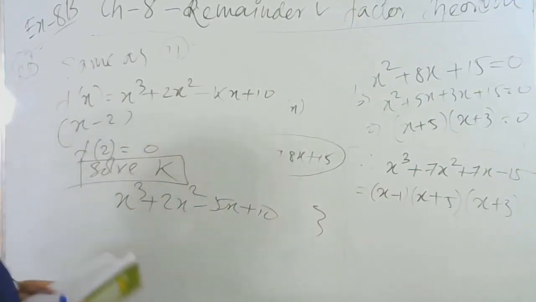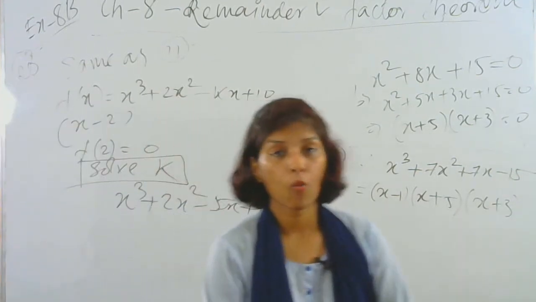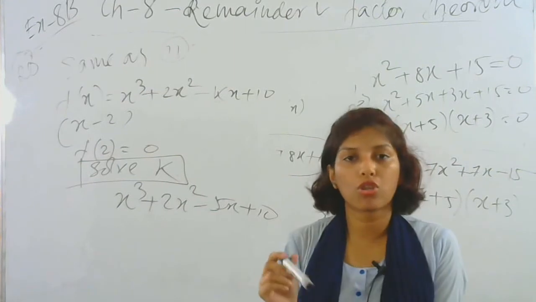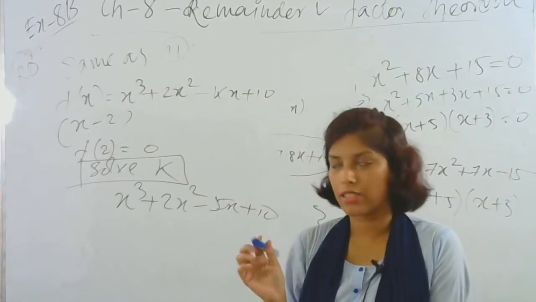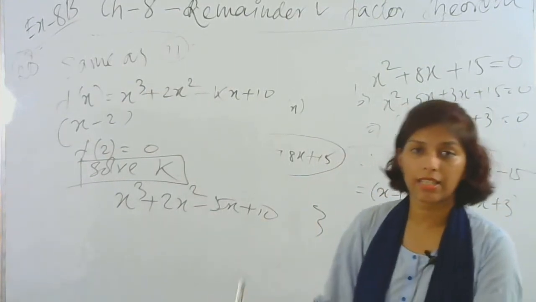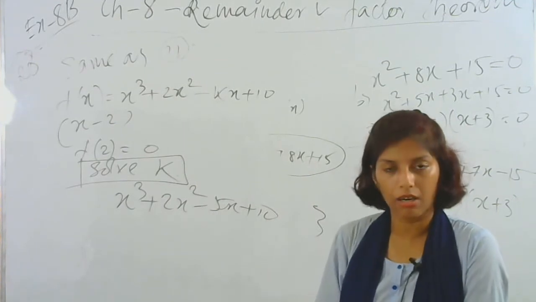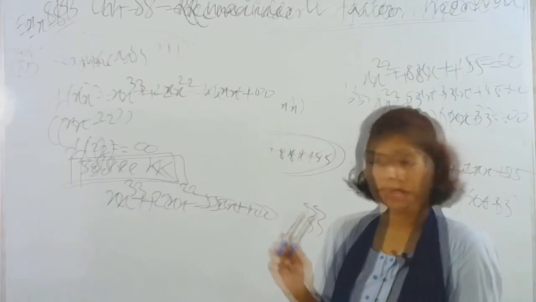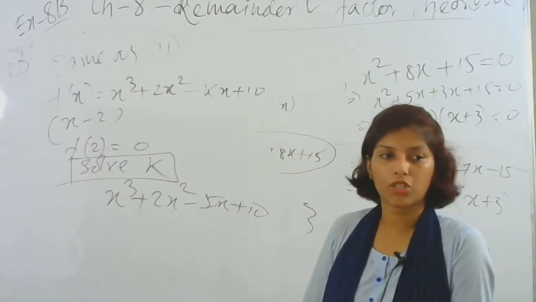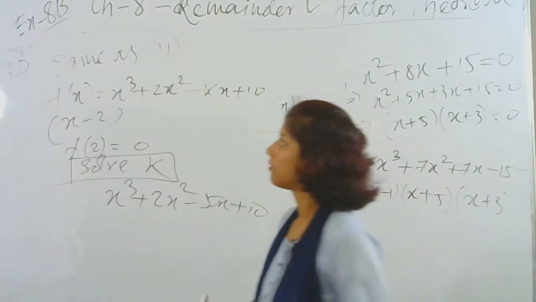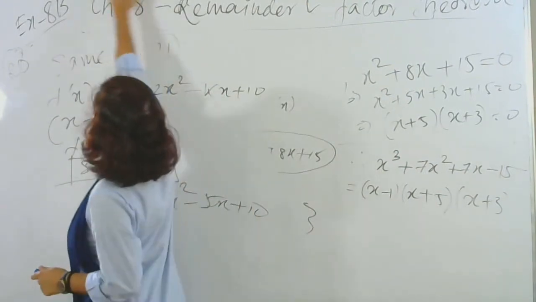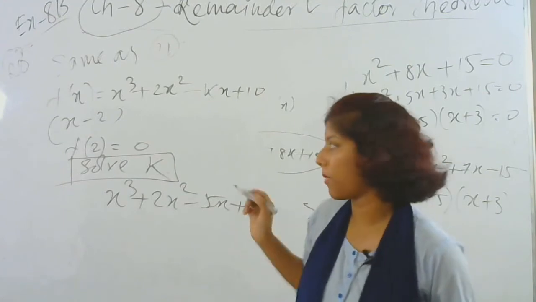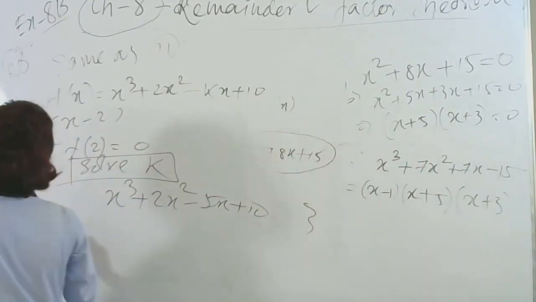So here I complete the chapter. One more thing I would like to say, this chapter number 8, for those who are not very good at maths, you should try this chapter because this is the easiest chapter you will get in this book. Out of all the easy chapters, those who are not so good at maths, you must try this chapter because at least you will get 3 to 4 marks.